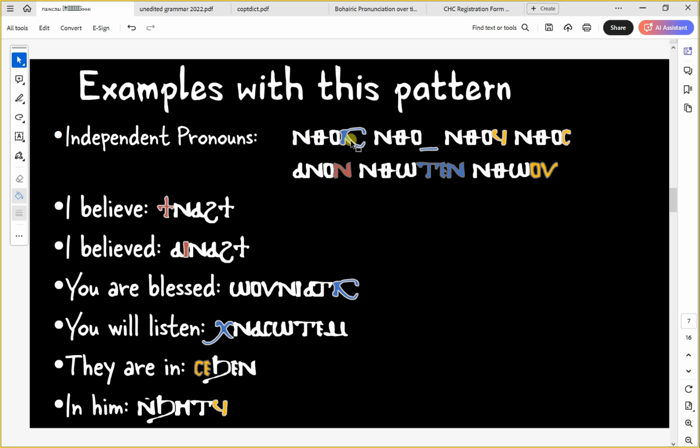We have enthok. This is the key letter, enthok. So we said it earlier, K is second person singular masculine. So this is the word for you, speaking about one guy. Entho, there's nothing there. Nothing we said was second person singular feminine. Then there's enthof, which is he or it because it's third person singular masculine. And then enthos would be third person singular feminine. So that's her or it. Anon, so not enthon, but anon. So first person gets the ano